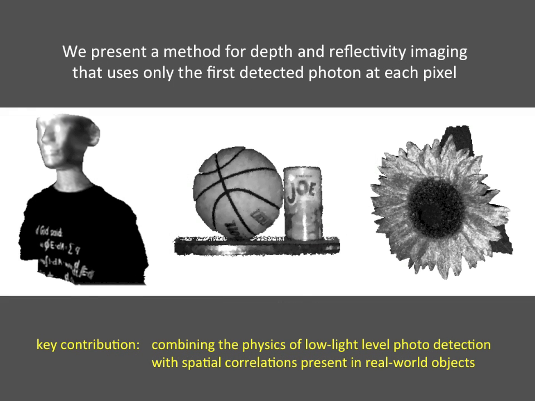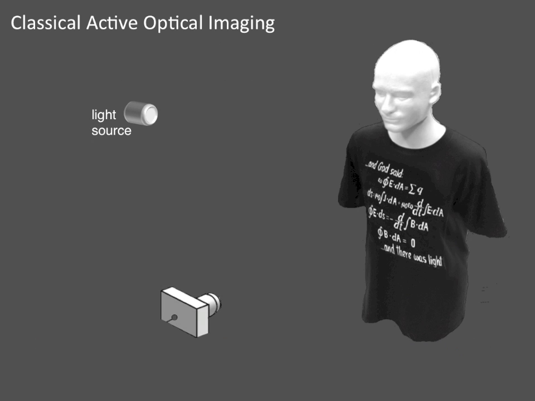First-photon imaging is a method for acquiring 3D and reflectivity images using only the first detected photon at each image pixel. Our computational imager combines the physics of single photon detection with spatial correlations present in real-world objects to reconstruct accurate imagery. In classical active optical imaging, the object is illuminated with a source of light, and the back-reflected light